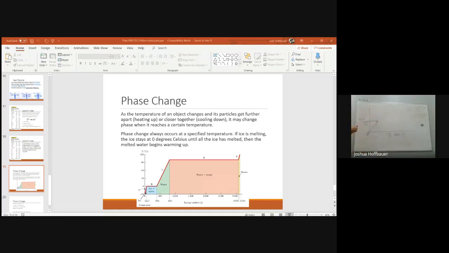Eventually, you will increase the temperature to the point where the ice will begin to melt. For water, we know that's 0 Celsius, 32 Fahrenheit, 273 Kelvin. Once you hit this temperature, something weird starts to happen. You add thermal energy to the ice, and it starts melting. But